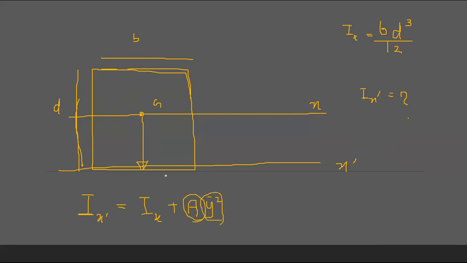The y bar is the distance to the centroid, right? Distance to this axis, because this axis is going through the centroid. Distance to the centroid, that is y bar, squared. This is very simple. So we use all these